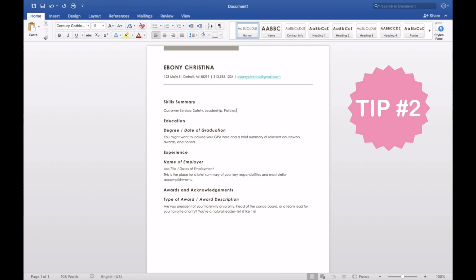So what you want to be sure you do for whatever job you're applying for, you want to put in keywords that directly relate to the position. So for this resume sample, I am going to use keywords that relate to the flight attendant position. So if I were using this particular resume to apply with an airline, I would be sure to include keywords such as customer service, safety, maybe leadership, policies, certain words or phrases that directly relate to the position that I'm